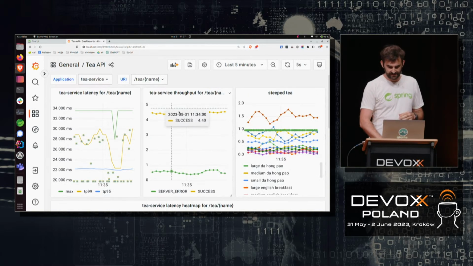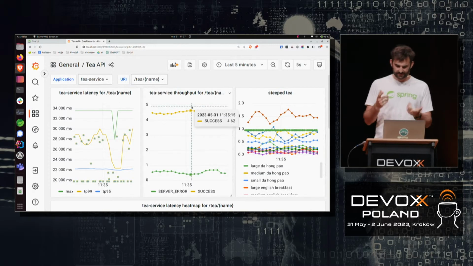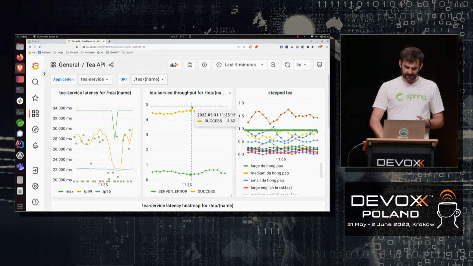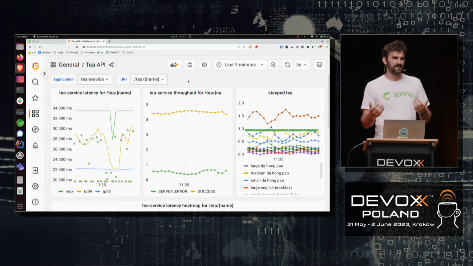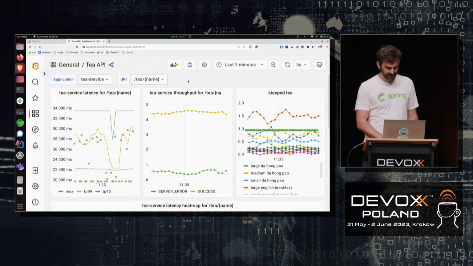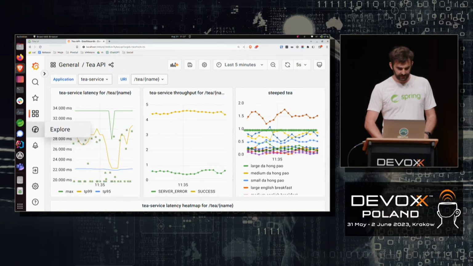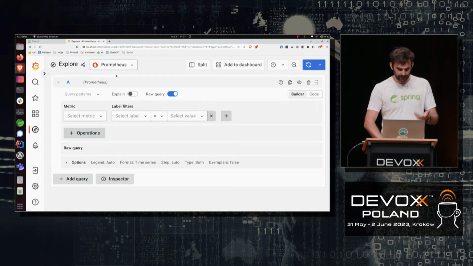So the way we see it, okay, we had an exception. There are certain exceptions here. Let us see if those related to the English breakfast are that common. But maybe it was just me. Maybe I clicked something wrong. So the way to do it is, for example, we can go to the